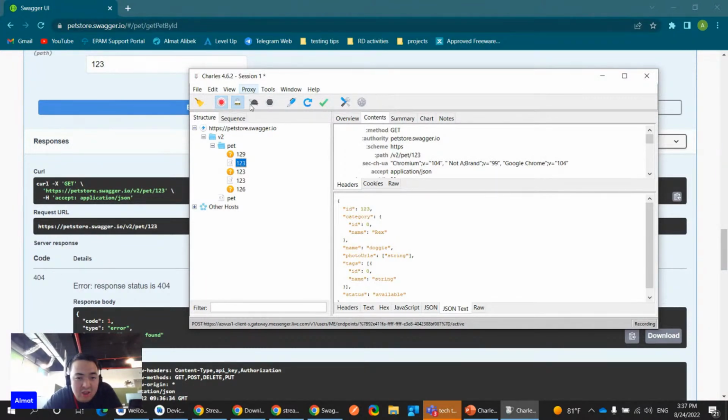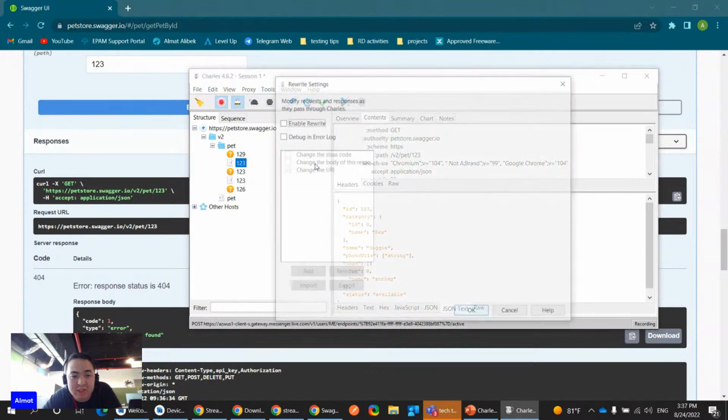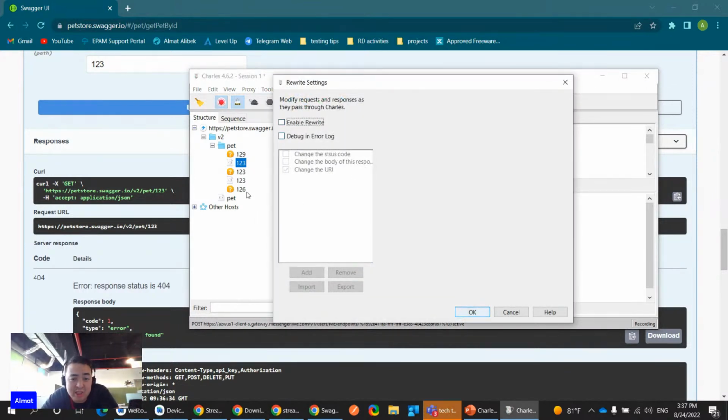Here I need to go to Tools and click Rewrite. As you can see here, I already gave a set of instructions. So in a few words, what is the rewrite tool? The rewrite tool is when you give a set of instructions to Charles